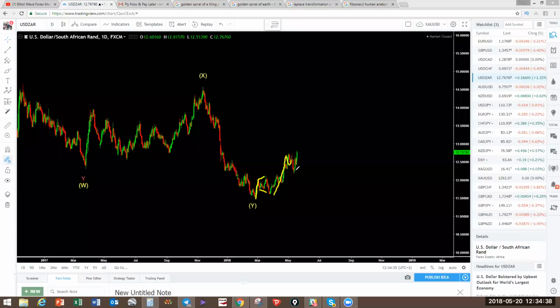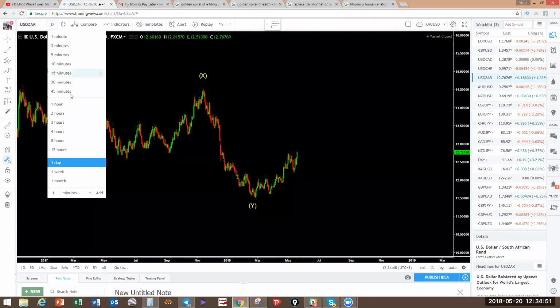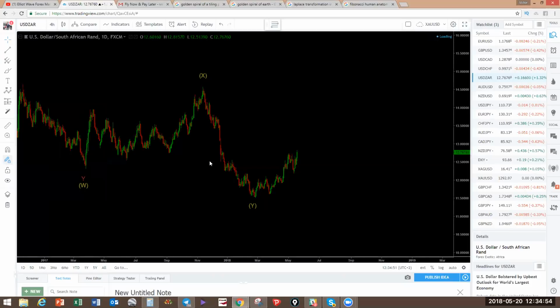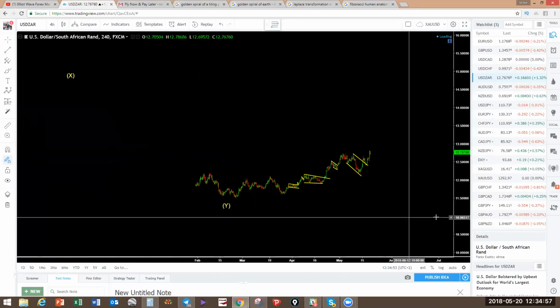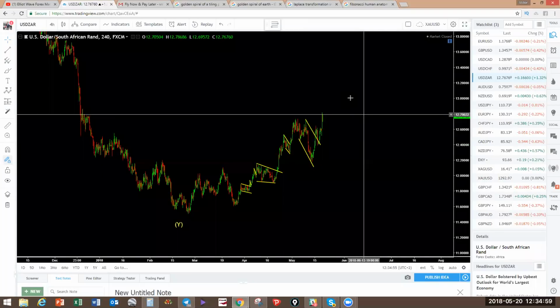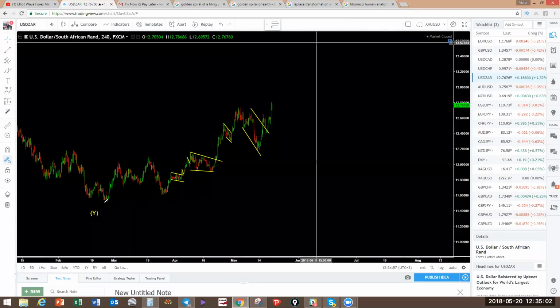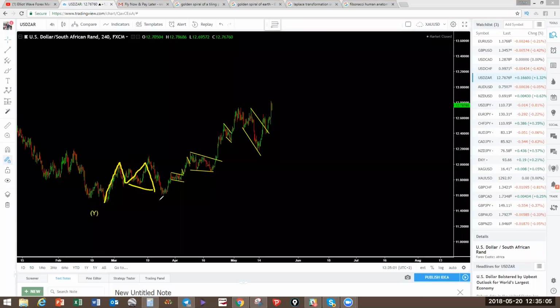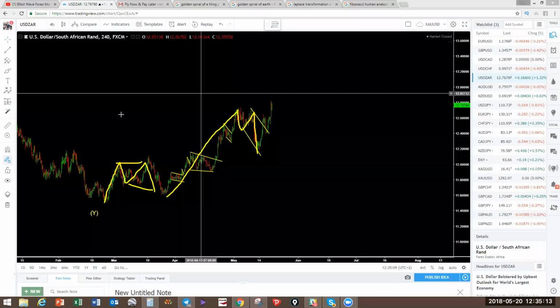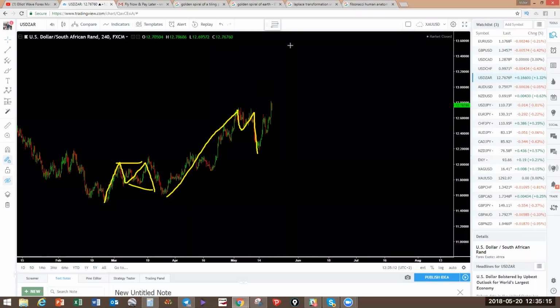1, 2, 3, 4, 5. Now we're expecting a correction. Basically, this is a pulsing move. The 1, 2, 3, 4, 5 is a pulsing move. Let me go to the 4-hour and see what we're looking at here. It's a pulsing move. 1, correction, 3, correction. There's a possibility that this can make an expanding flat like that,